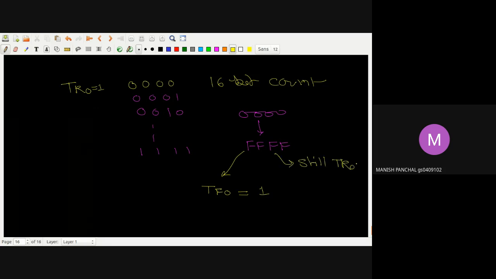मैं यहाँ पे कहूँ कि स्टिल TR0 is equal to 1, still it will run. So the next count value will be what? ये रन होगा और फिर 0000 हो जाएगा, क्योंकि अब इसने देखा कि इसकी वैल्यू 0 हो गई। तो अब TF0 1 से 0 हो जाएगा। एक मिनट ना, just a minute।